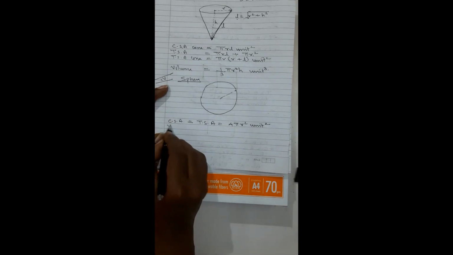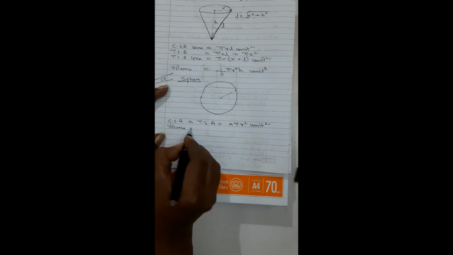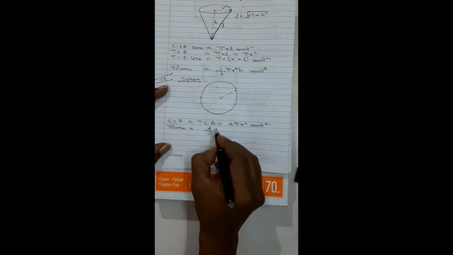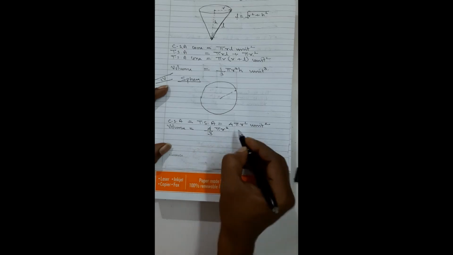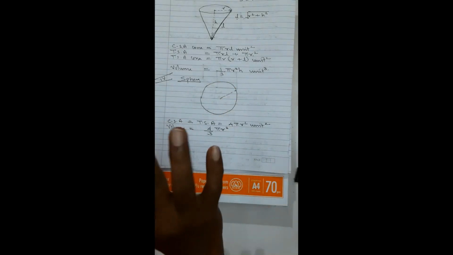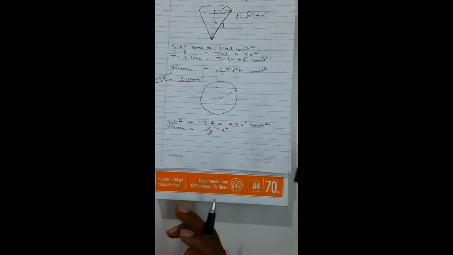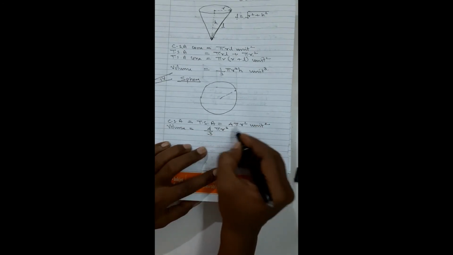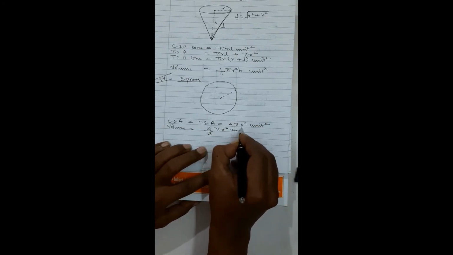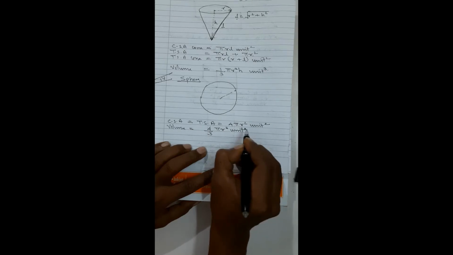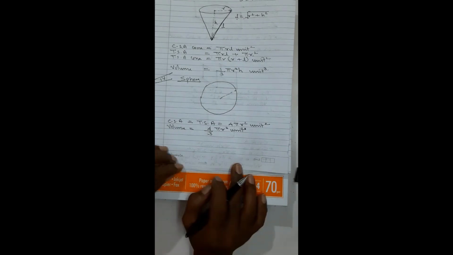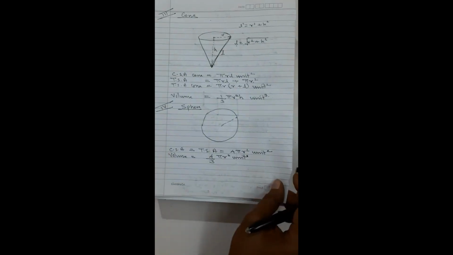And then we have volume of a sphere. Volume of a sphere is 4 upon 3 pi r cube. This is the volume. It's again what is there inside, how much air is inside the football. When you are going to measure this, you are going to deal with the volume of the football, and that will be 4 upon 3 pi r cube unit cube. Volume will always be cube. So these are the two parameters only that will be involved in the sphere.